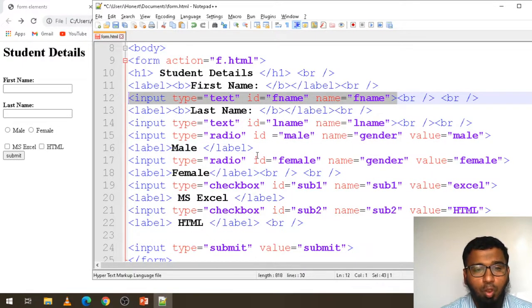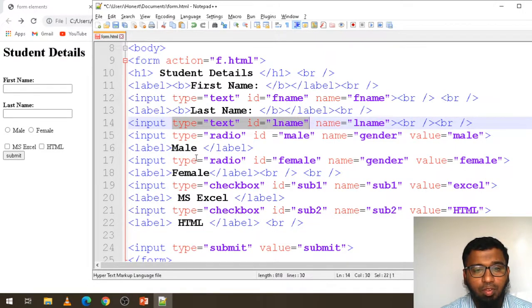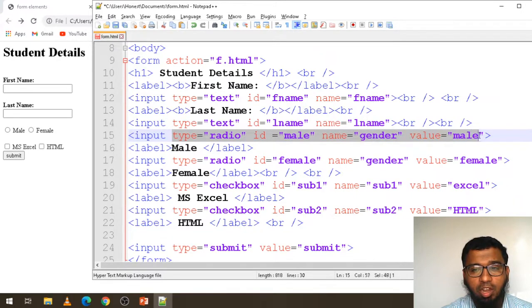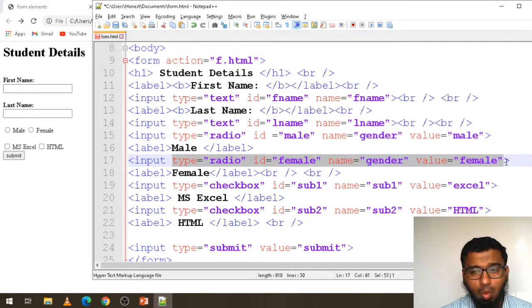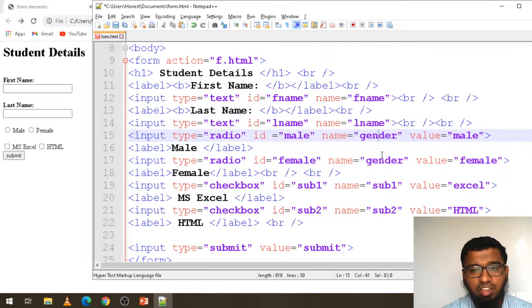Here I will show you the small difference between the radio and checkbox. Can you see type text, okay, sorry, not there. Type is radio, male and gender and male, okay. Here what are the similarities? Only the similarity is gender.